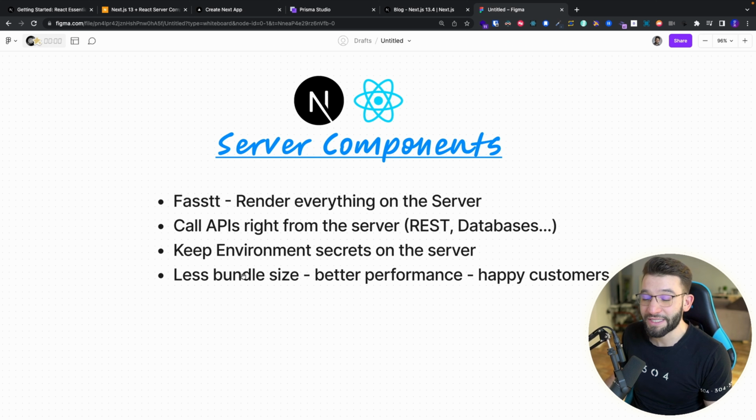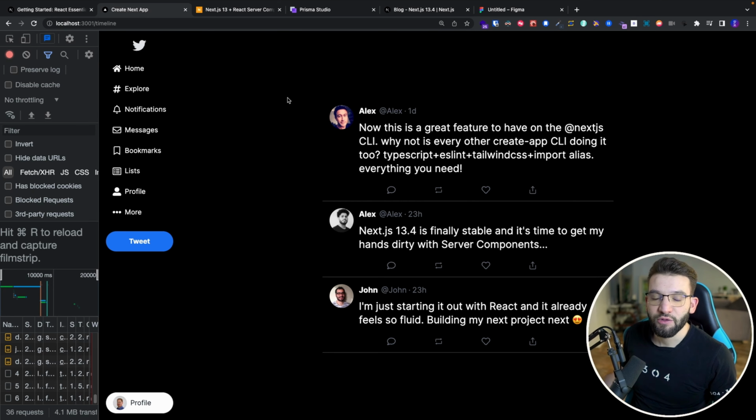And last but not least, the bundle size is so much smaller because you don't need to transfer JavaScript. You don't need to do rendering on the client side, in the browser, and that's going to result in better performance, and you have happy customers eventually. So to better understand how server components work and how we can use them to build rich applications in React with interactivity, API calls, databases, and so much more,